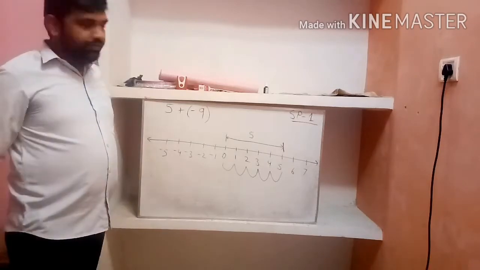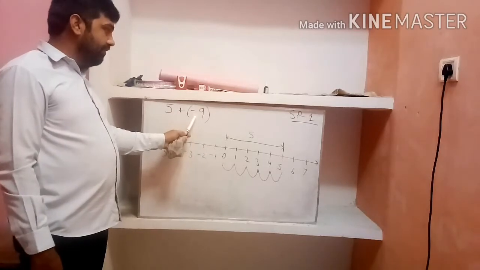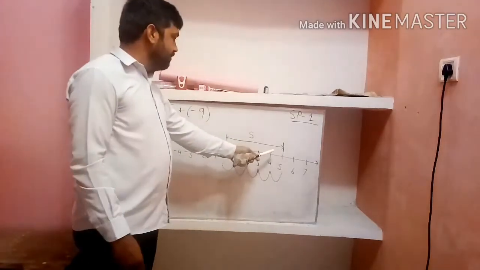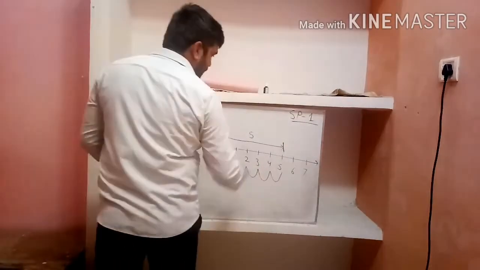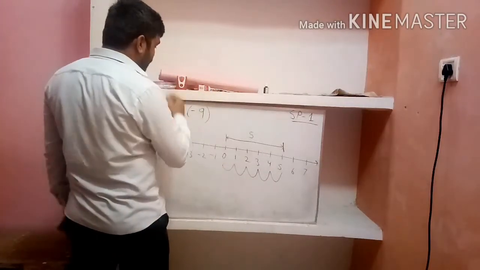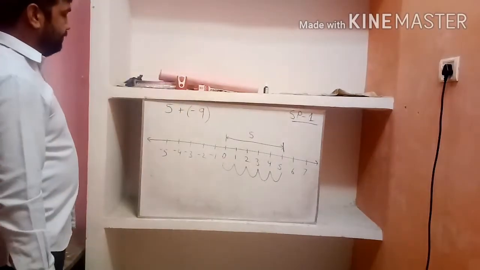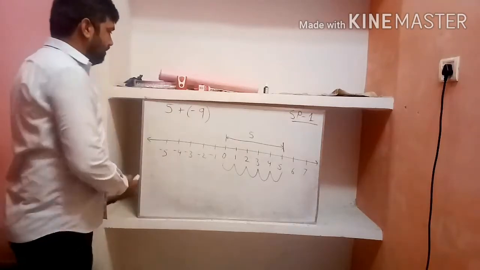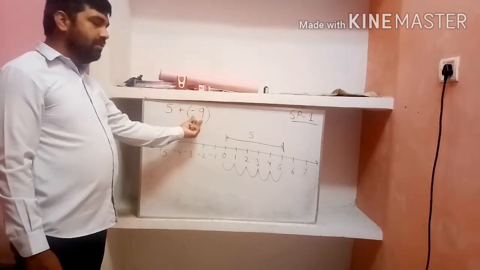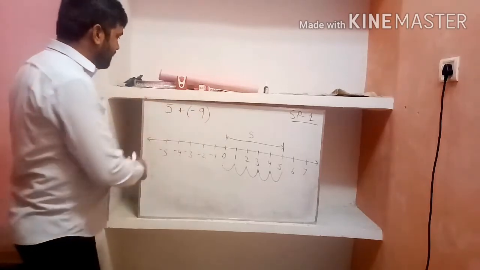Now after that we have to move 9 steps left. Minus means 9 steps left. From here, minus means change your direction. Now from the same place you move 9 steps backward. Plus means forward, so 9 steps backward you have to move. Minus 9 denotes 9 steps backward, which means to the left. Now plus 5 means right.